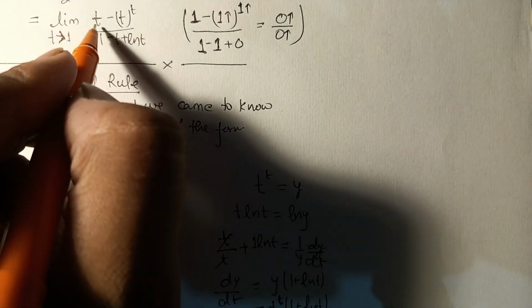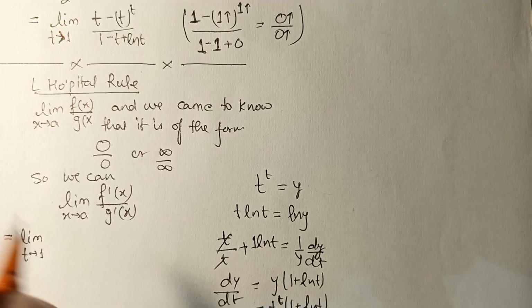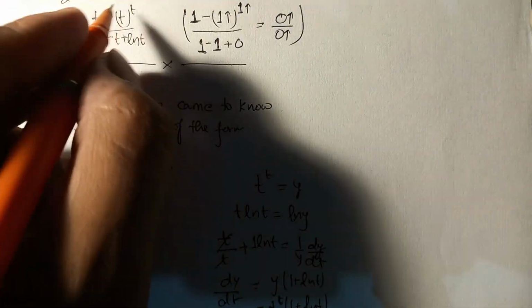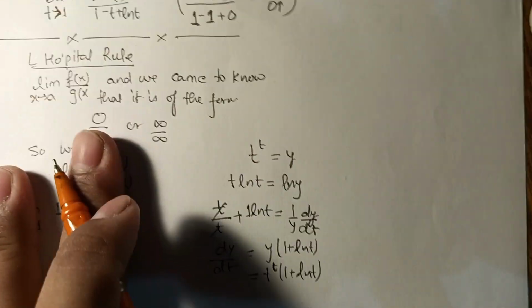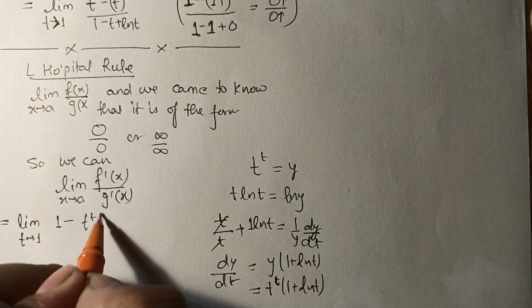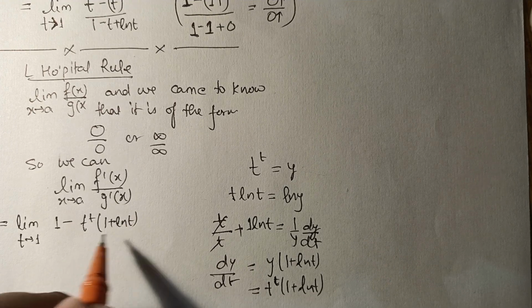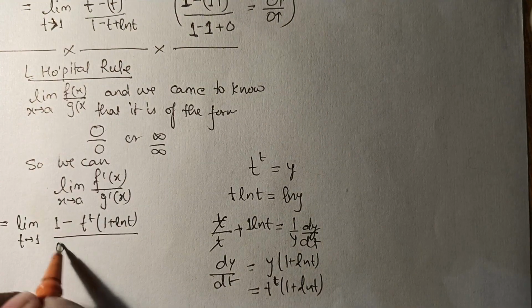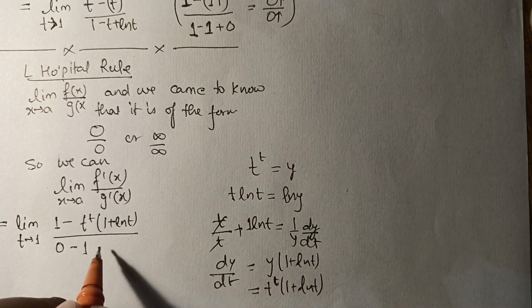So what we do, we differentiate the numerator first. Differentiation of t is 1, minus this we have found over here. Okay, this we found over here, so we'll put it over here: t raised to power t (1 + ln t) upon, now differentiation of 1 is 0, differentiation of t is 1, and differentiation of ln t